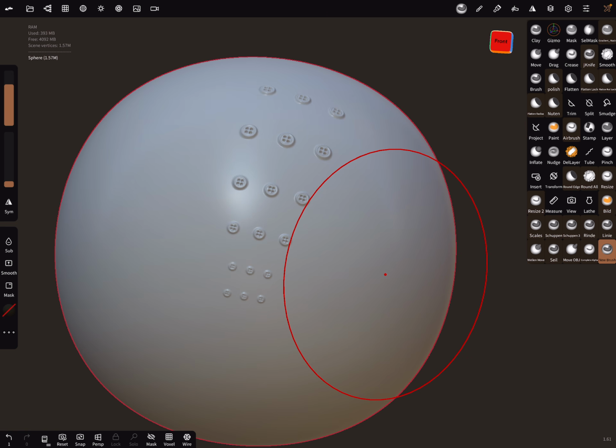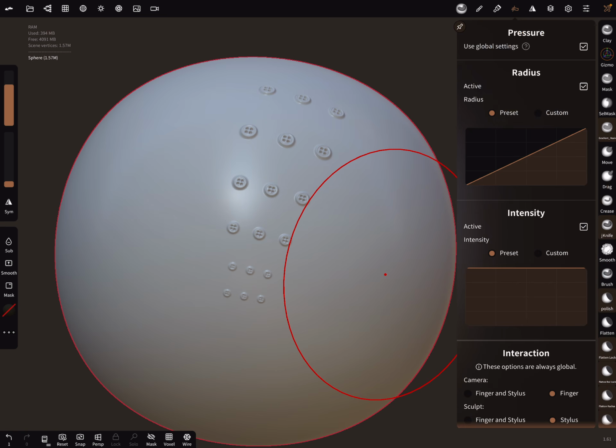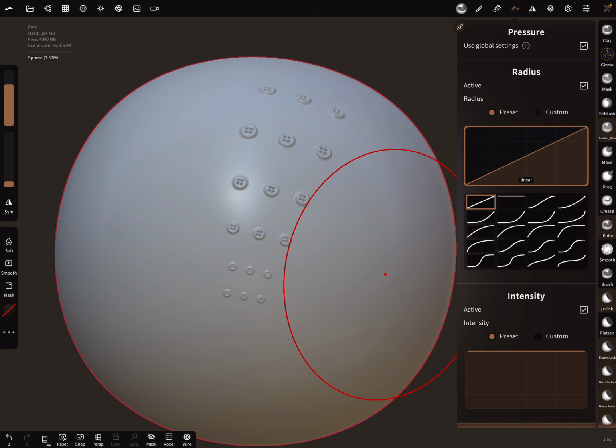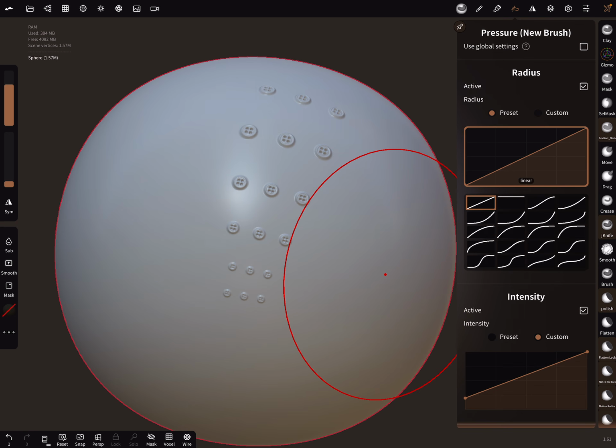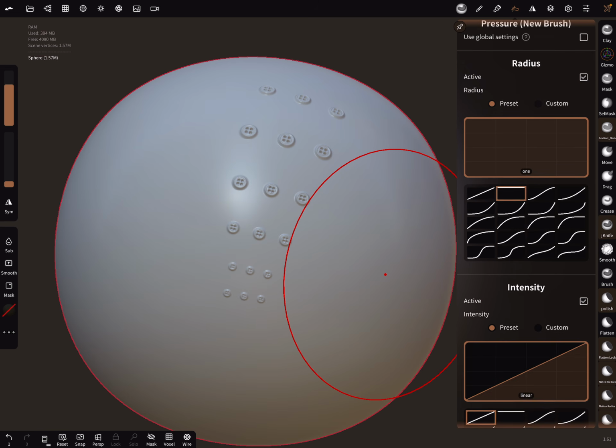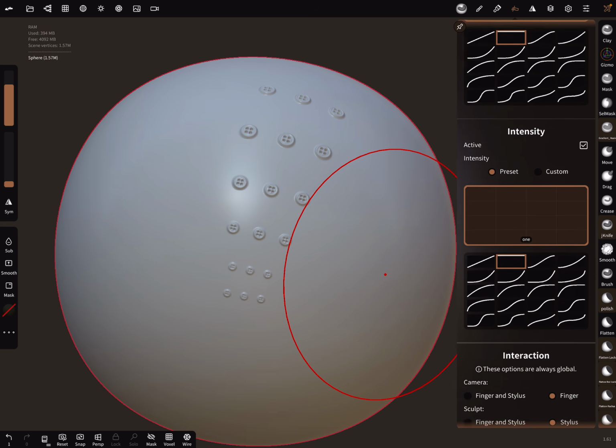Okay, and to keep the same size or radius of the knob, go to the pressure settings, press use a flat one, and at the top you can uncheck use global settings. Use the flat one, and the intensity, use also the flat one.